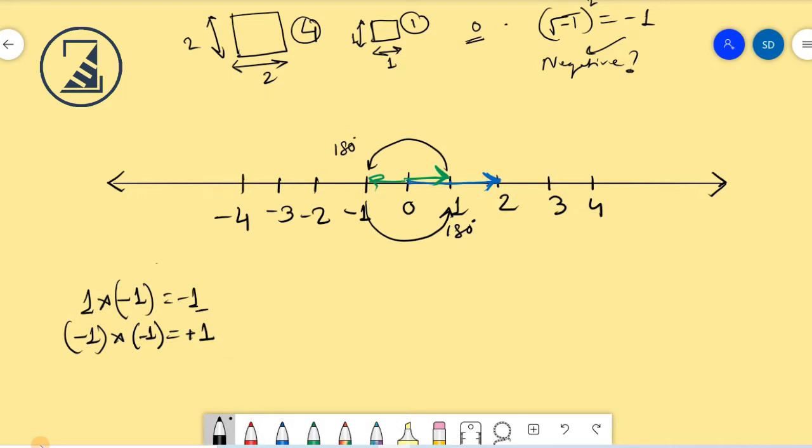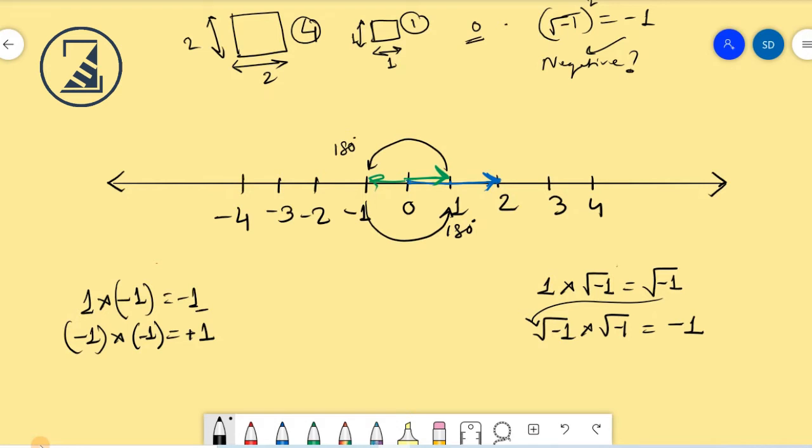Now let's see what happens when we multiply 1 with square root of minus 1. This is nothing but square root of minus 1. Now, can we relate it to rotation? Well, we will see. Now, we bring this result and multiply it with square root of minus 1 again. So, there it is minus 1. Now it's coming to be minus 1. So, we have to do two multiplications or two operations to rotate it through 180 degrees.